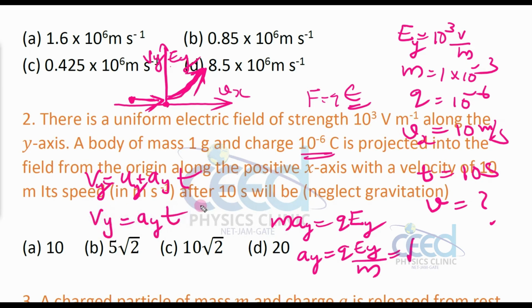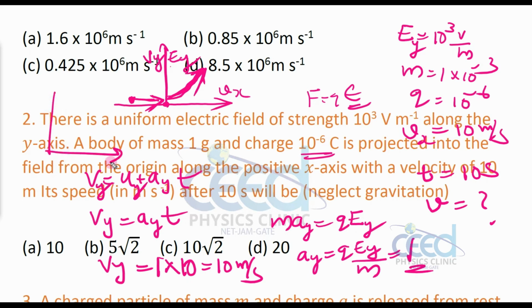Now what is Vy equal to? This Ay we already got as 1, so 1 into t, which is given in the question as 10 seconds. So Vy is also 10 meters per second. Vx we already know is 10 meters per second. So suppose you have a velocity in this direction of 10 meters per second, and in the y-axis also 10 meters per second. Now by the vector resultant, we can write